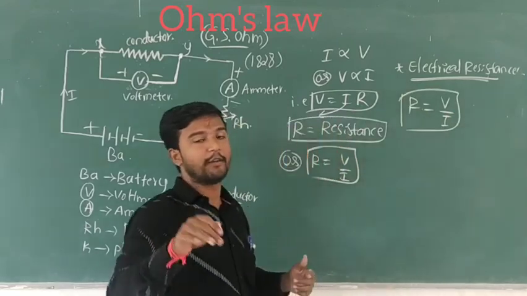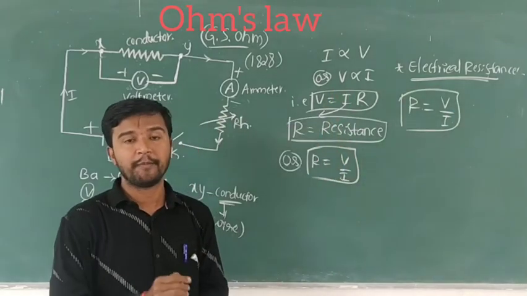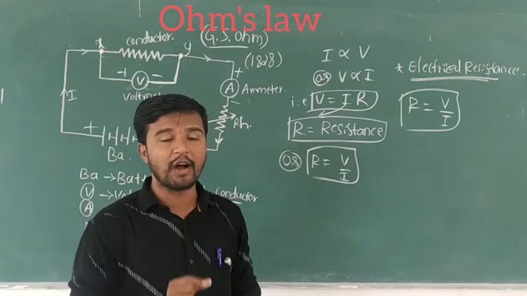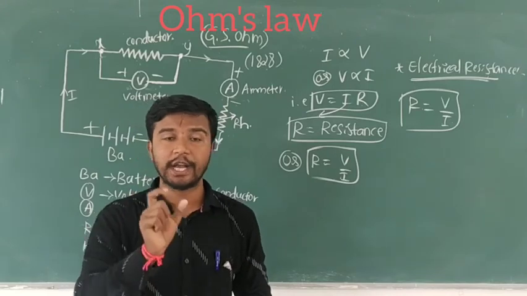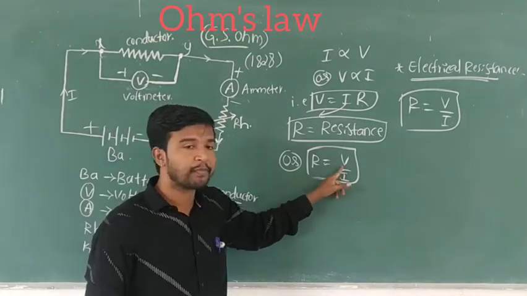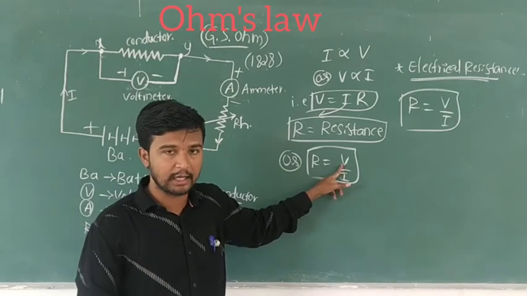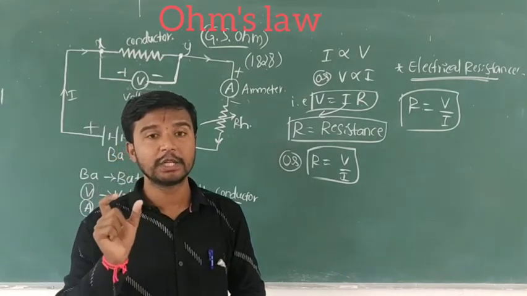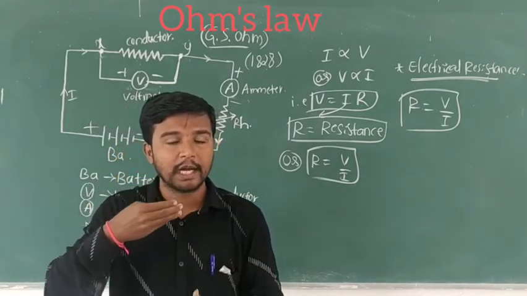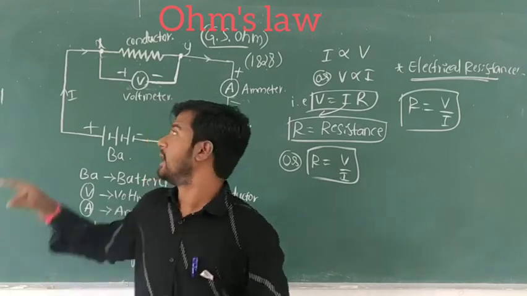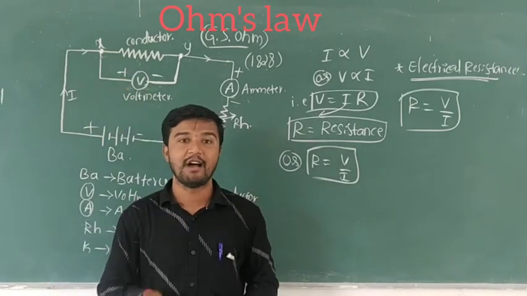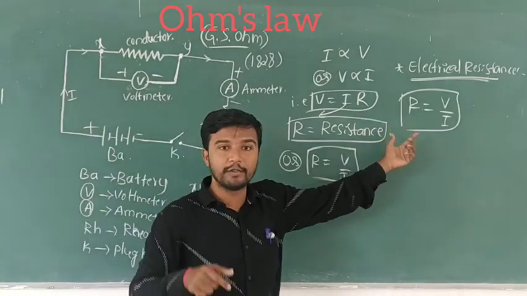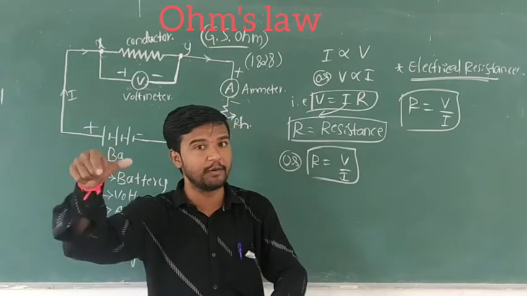Please write down the definition of electrical resistance in your notes. The resistance of a conductor is defined as the ratio of the potential difference V across the ends of the conductor to the current through it. The ratio of potential and current is the resistance R of this conductor. Clear? Yes friends, this is the most important part of this lesson, resistance. Next, resistivity will come.